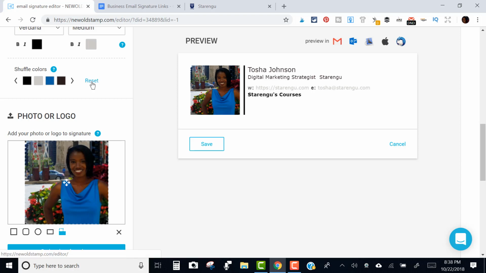Now, if you like what they had and you don't want to grab the colors from your logo, again, not sure why you would want to do that, but whatever, you can always click reset and it'll take you back to what the default was for Newoldstamp. But again, I liked what they had. So I'm going to stick with this color scheme. Okay. Now,